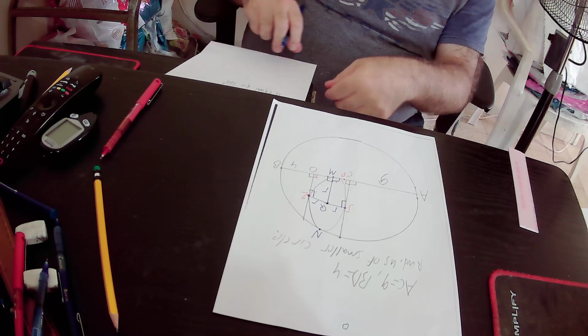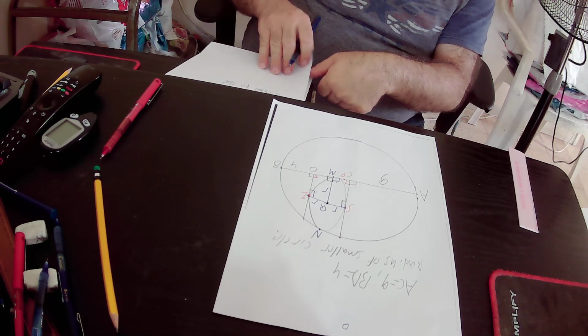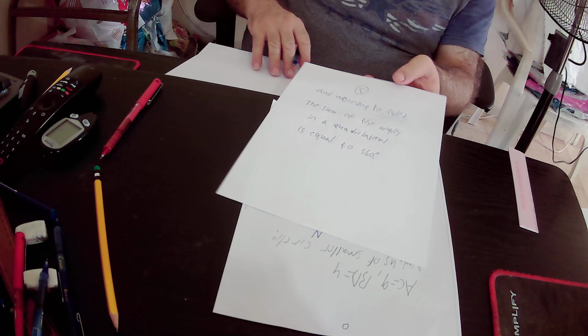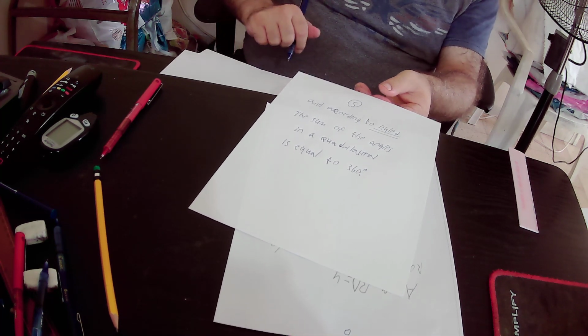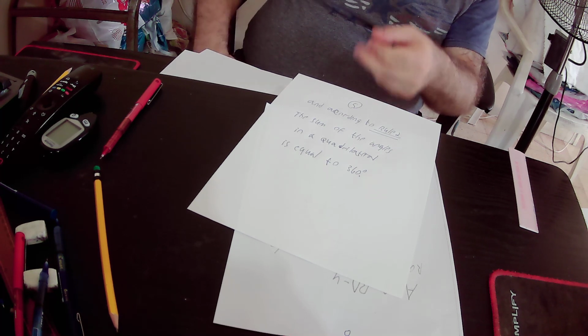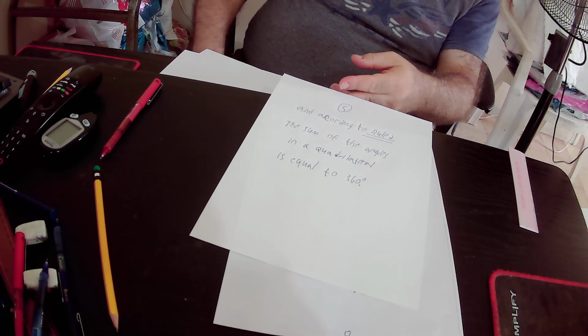Okay, again I will read rule number 2 again. Rule number 2 states that the sum of the angles in a quadrilateral is equal to 360 degrees,